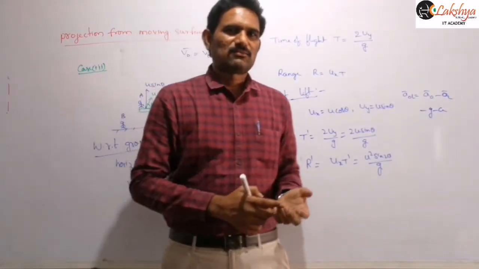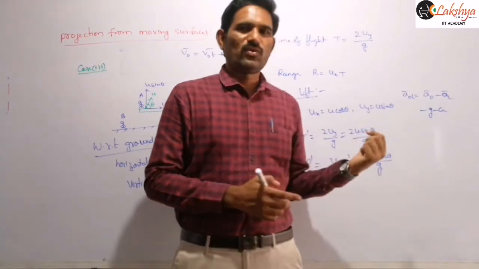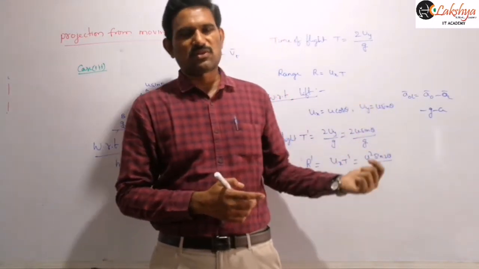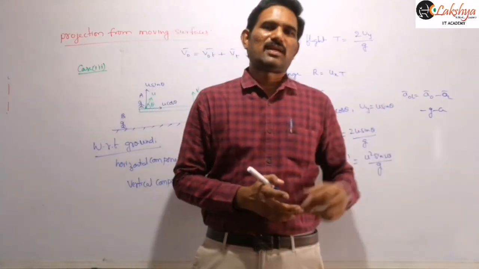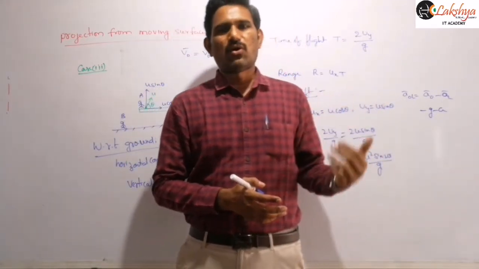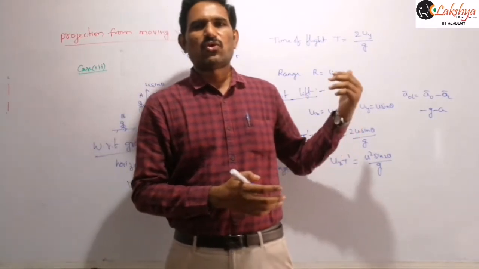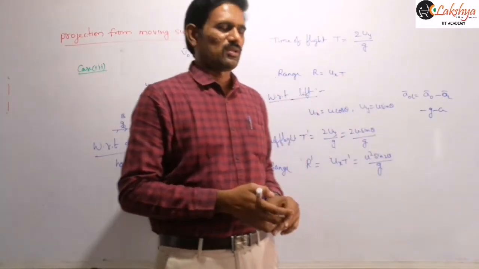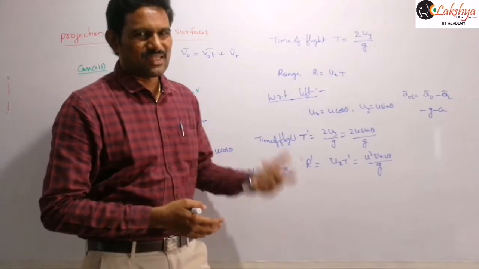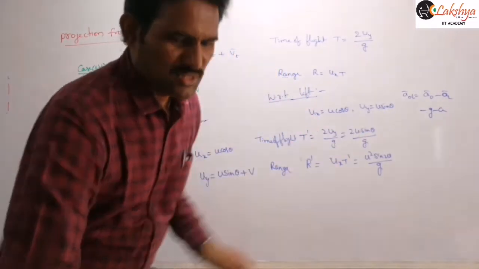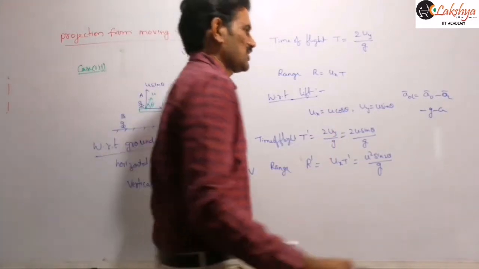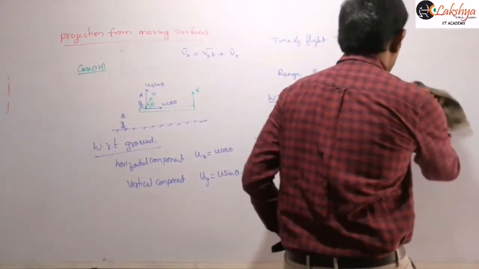So in that you need to substitute uy, velocity of the object with respect to the lift, and ay, acceleration of the object with respect to the lift, and sy, displacement of the object with respect to the lift. We need to substitute there. So in that case, if acceleration is there, solve that problem carefully, right? Same procedure, just you need to take this relative acceleration like this.